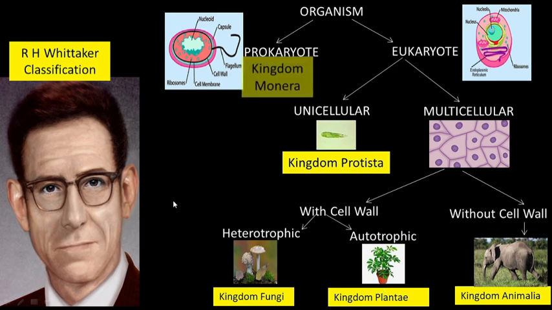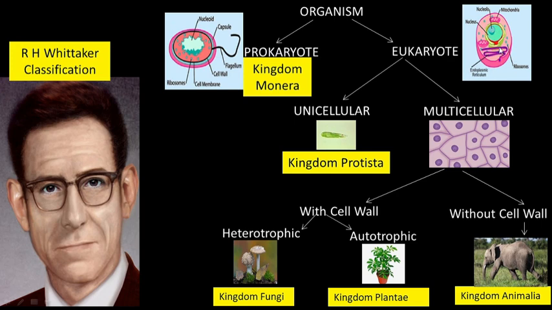So let us revise. Kingdom Monera includes prokaryotes, unicellular. There is no well-defined nucleus, but yes, cell wall is present. Kingdom Protista are unicellular with a well-organized nucleus. Kingdom Fungi are heterotrophic, they possess cell wall, are multicellular, and they also have a well-defined nucleus. Kingdom Plantae are green plants which are autotrophic, they can make food on their own. Then they have cell wall, plus they are also multicellular